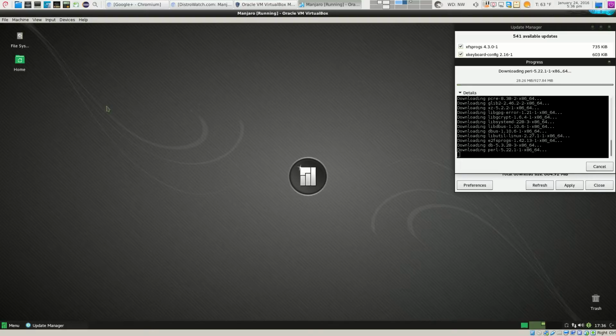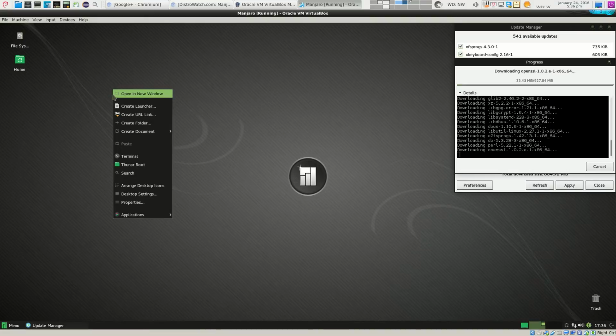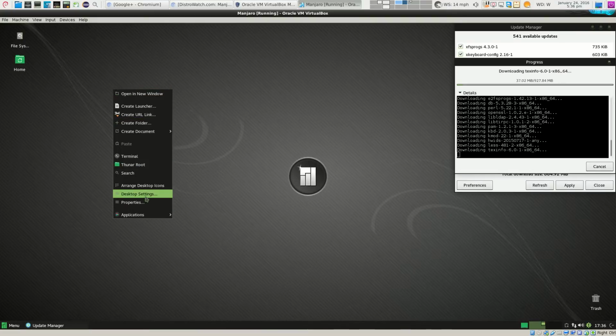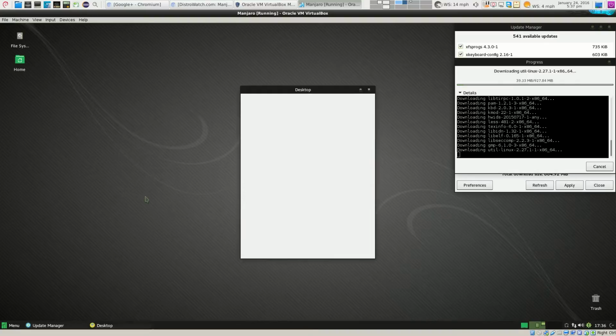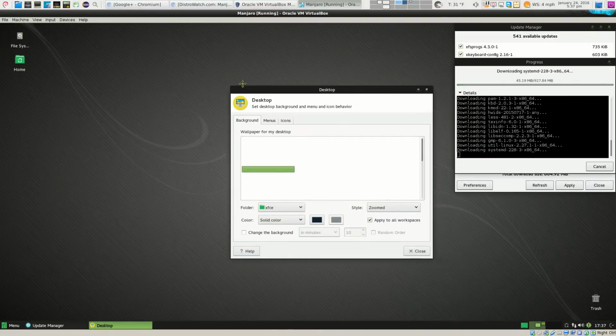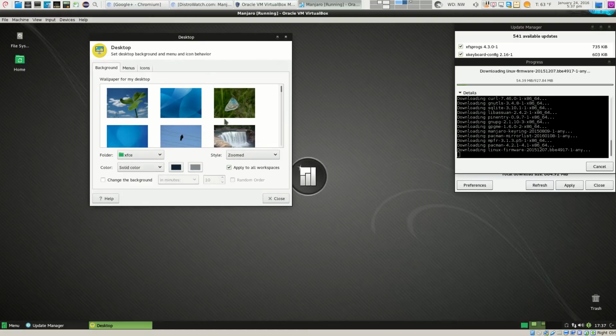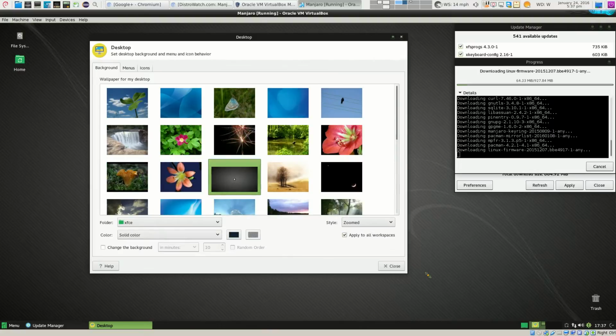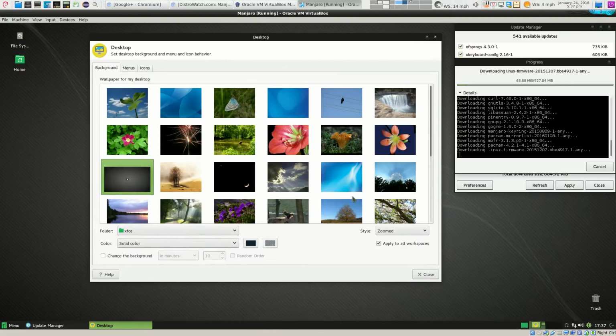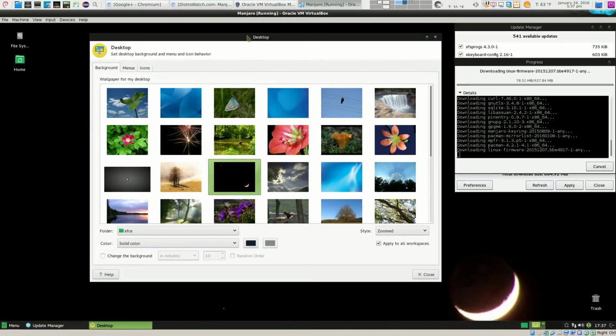All right. So one thing I like to do is just change the background wallpaper. And they have a nice little display here, which I like. Let's expand this a little bit. Here's a nice one. The moon.